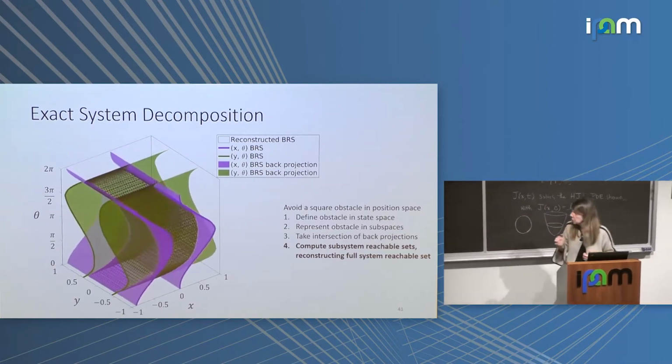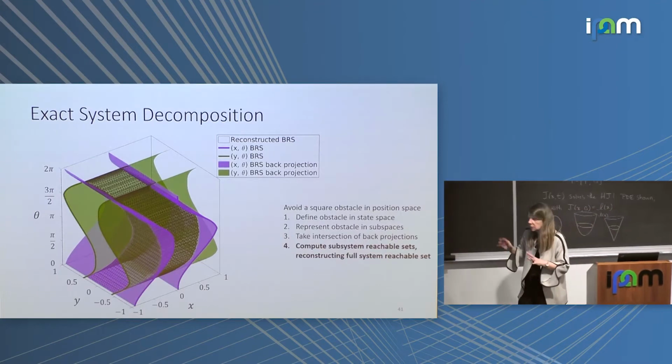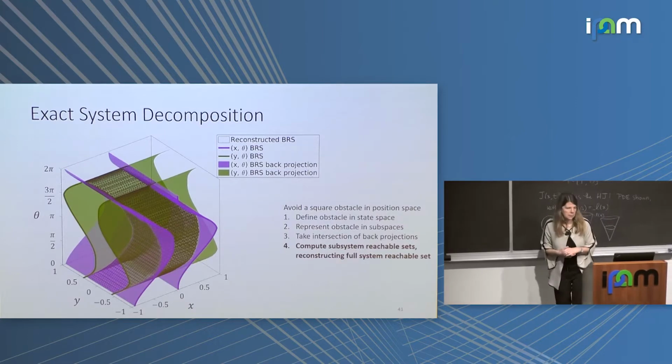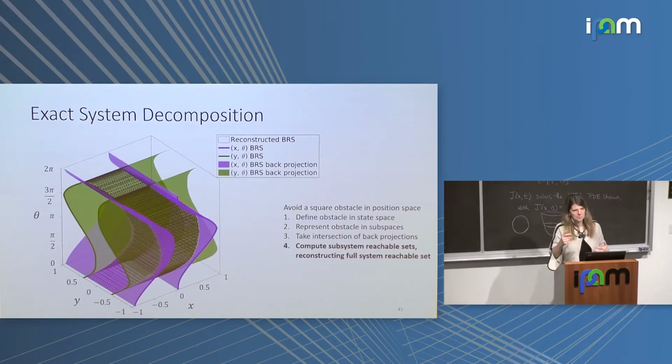Right? So here you get 2 computations. This is a problem where the 3-dimensional system is trying to avoid the cylinder, the kind of rectangular cylinder. And then you maintain the back propagation of those reachable set computations. So instead of doing 1 3-dimensional, you've done 2 2-dimensional, which is a big computational savings because you could do them